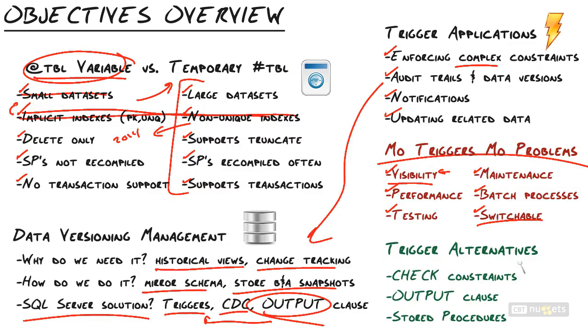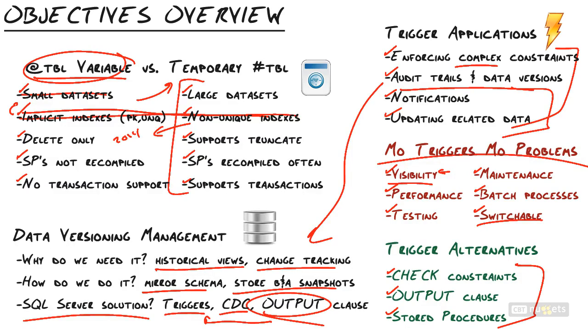And you should also make sure that there's not an alternative, because looking at the alternatives down here, a lot of these things we can accomplish using check constraints. We can do our complex business rules and logic in check constraints. We can use the output clause for audit trails and data versioning, and then we can use stored procedures really for everything else. Make sure that you can accomplish it using these alternatives before going and putting a trigger on that next table. All right, I think it's about time we head into the Virtual Nugget Lab and see some